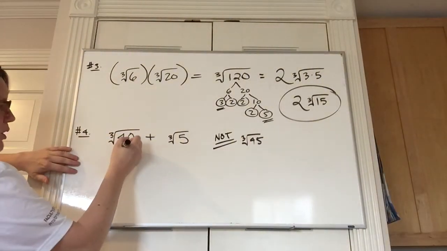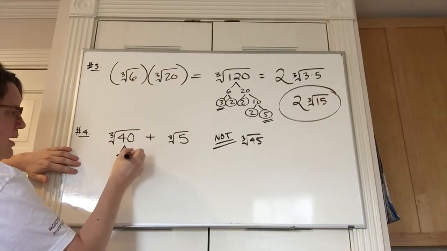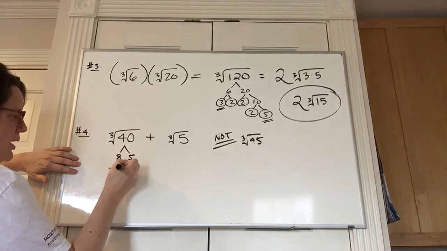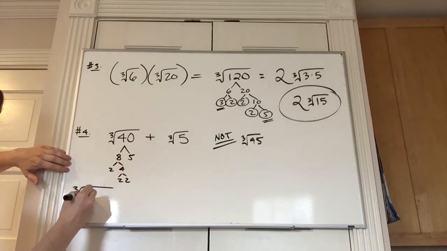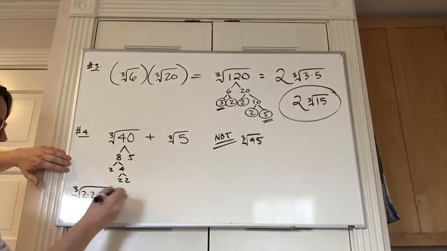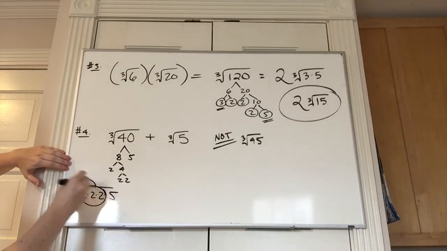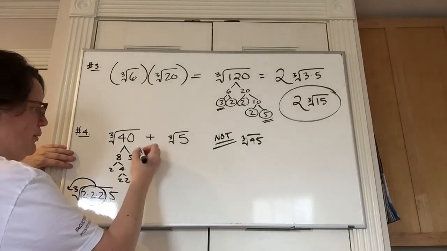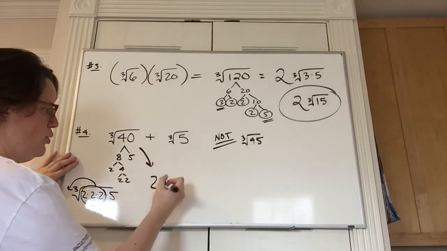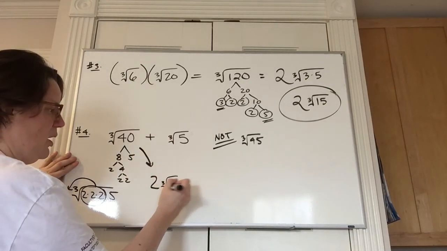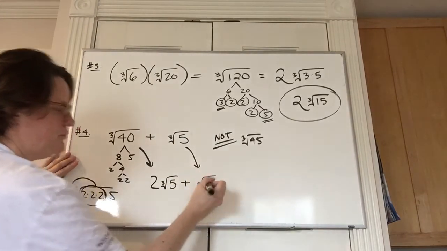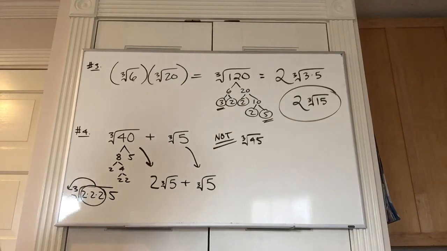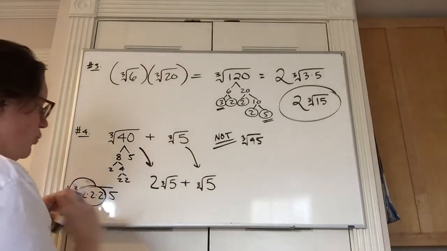So cube root of 40, I know that that's 8 times 5. So 2 times 4, 2 times 2. Cube root of 40 is 2, 2, 2, 5. 3 2's on the inside becomes 1 2 on the outside. So if I was to rewrite this, this is 2 times the cube root of 5 plus the cube root of 5. And so, guys, this is just like a problem where you have